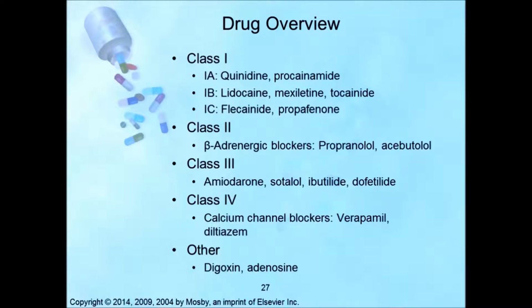These are broken down into classes. Class 1 includes Class 1A drugs, quinidine, etc., procainamide. These depress rapid depolarization, phase 0 of the action potential. These drugs act to slow conduction by lengthening the effective refractory period of atrial and ventricular myocardium, by depressing the inward sodium current, and by decreasing the automaticity and excitability of the ectopic foci in cardiac muscle.